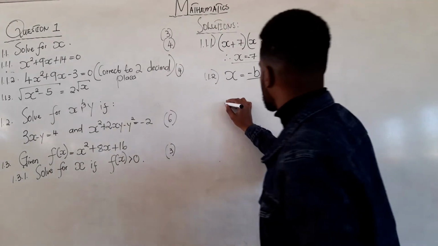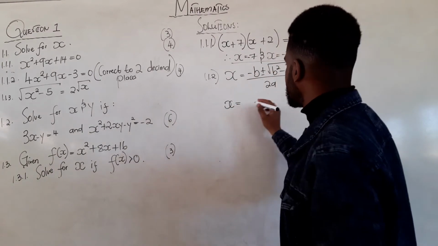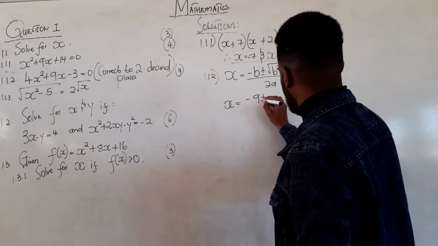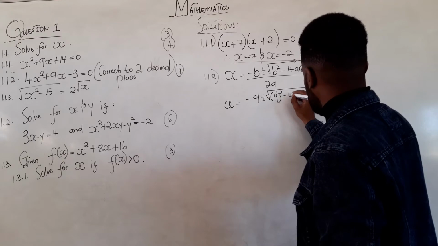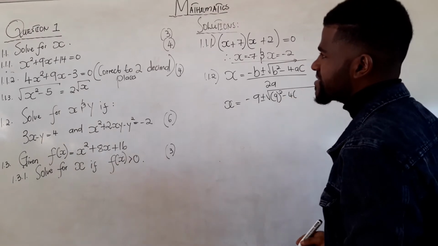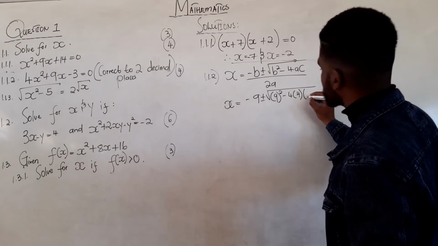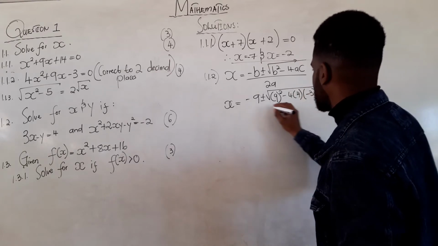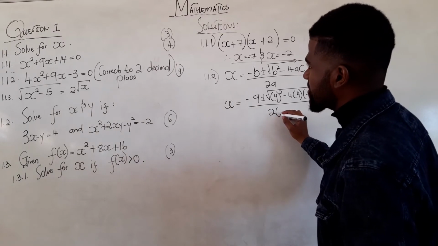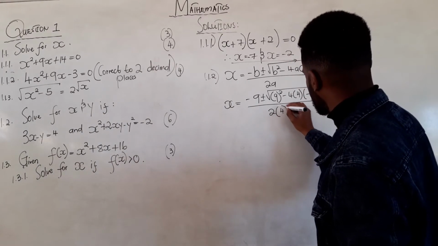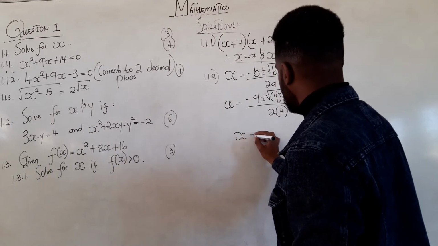Now our x is equal to negative b, which is negative 9, plus or minus the root of 9 squared minus 4, where a is the coefficient of x squared, which is 4, and c is equal to negative 3, all divided by 2 into a. Our a is equal to 4. I hope you guys understand the quadratic formula. x is equal to